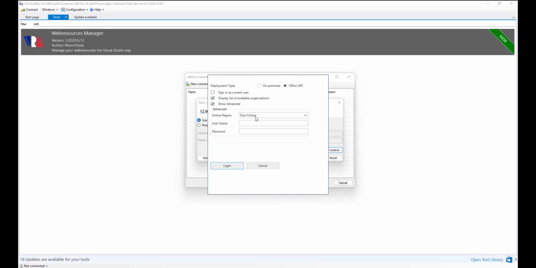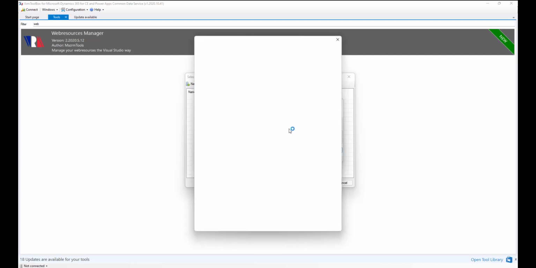So this will open up just like how you register or open the plugin registration tool. So I will enter the environment credentials here. Also, this environment is enabled for dual factor authentication. So I will receive it on the authenticator on my phone. It could be different in your case. Just something to keep in mind. Let me enter my password, and it will take a few moments till the notification appears on my phone so that I can approve.